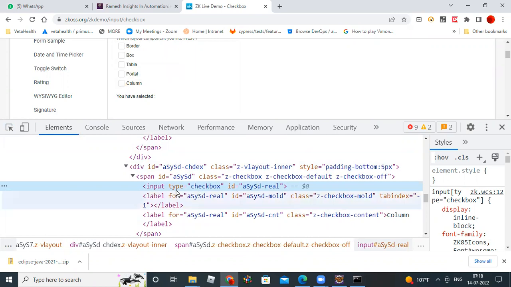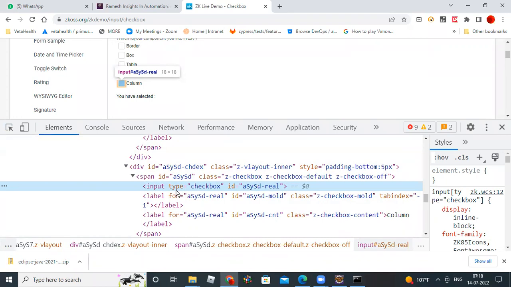How can you write XPath with the type attribute? With a single attribute, how can you write XPath? How can you write a CSS selector? Tag name as